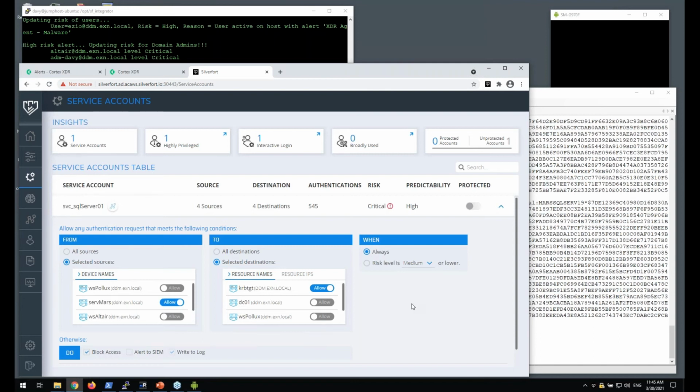We are a bit ahead of our time. Now we can protect this. It's not active yet because first we want to show you that we can actually move laterally with it. And then we're going to enable this, and then we'll do it again. All right, so let's go back to our